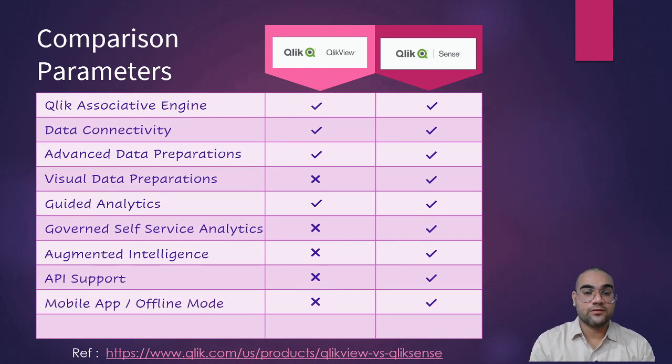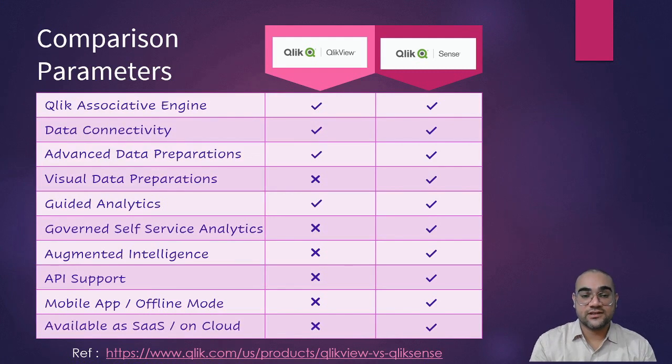Next feature is mobile app and the offline mode. ClickSense provides mobile app for Android and iOS devices. The good part about this app is it supports the offline capability. Using this offline capability, I can simply download the entire dashboard onto my mobile devices. Now how this helps is, if I'm not connected to internet or I do not have a connectivity with the ClickSense server, I can still play with my data and get the insights out of it. Now this is super useful for people who are always traveling.